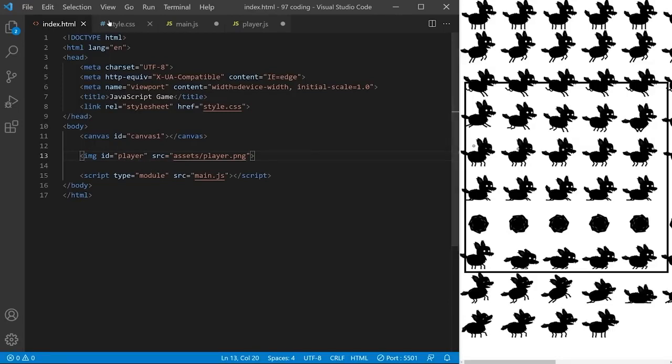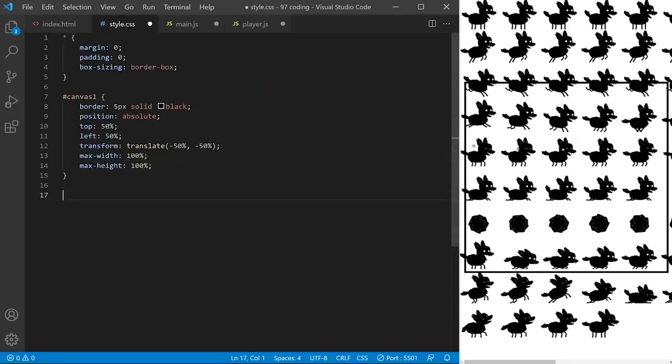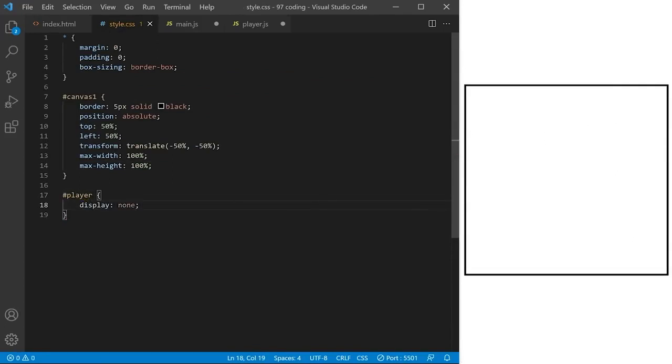I will draw that image on canvas with JavaScript, so I don't really want to display it on the web page like this. In style CSS, I target it using its ID and I set its display to none. It's a good practice to make your images the exact size you will use in your projects. We can scale it down with JavaScript, but for maximum performance it's better to size your images in Photoshop or